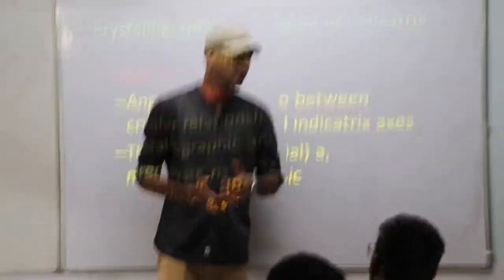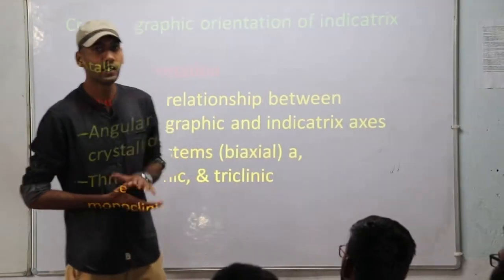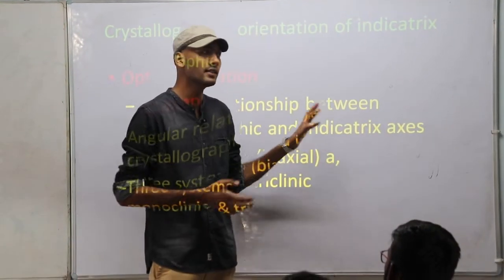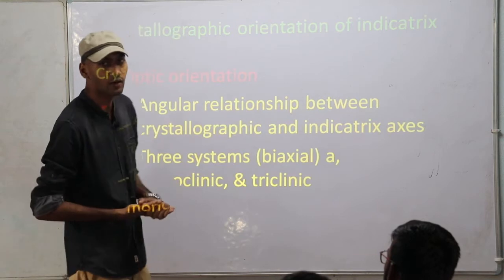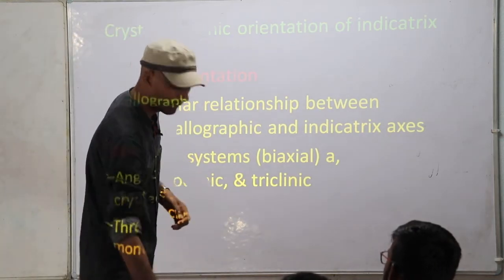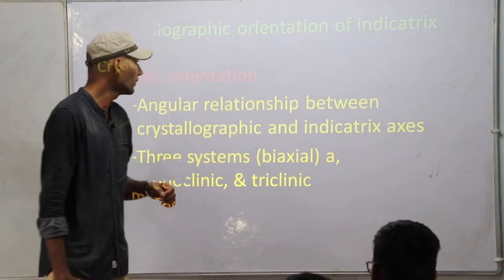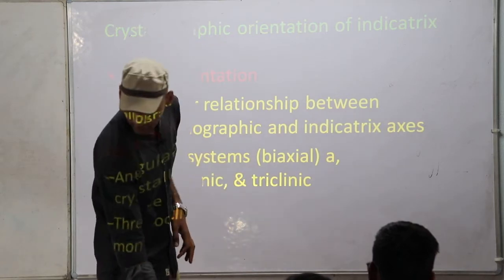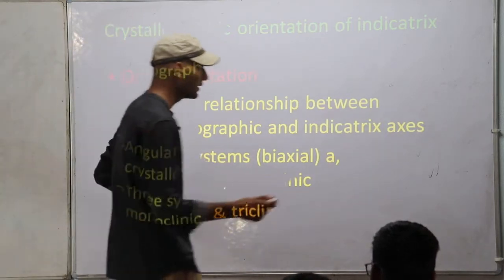Hello everyone. So in this video we are going to discuss optic orientation, that means orientation of indicatrix axis with respect to orientation of crystallographic axis for different systems. Then we will go for interference figures. So talking about optical orientation, as I have already told, there are three indicatrix axes: